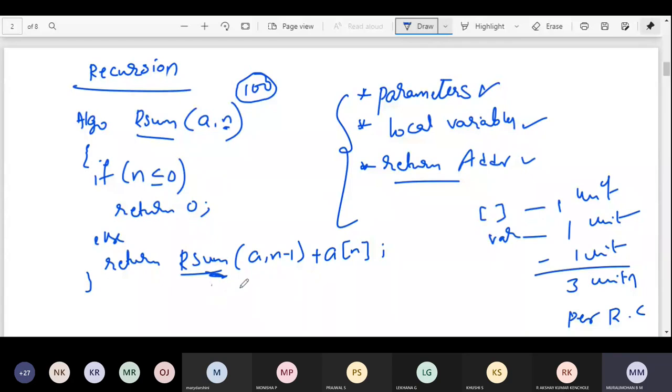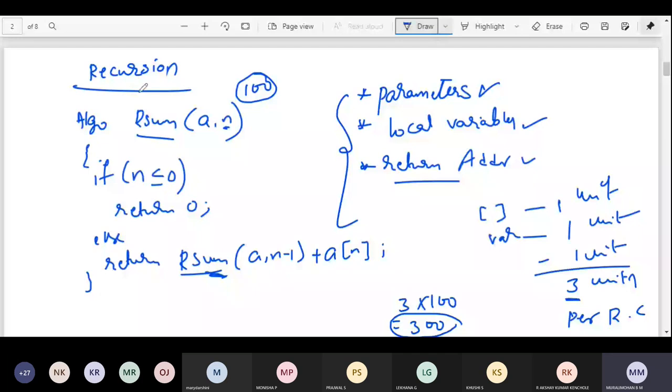So the total amount of space required is 3 into 100 calls, so totally it is 300. This is the variable space when we are having recursion.